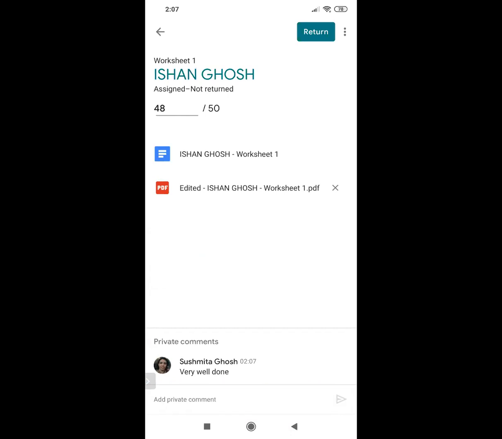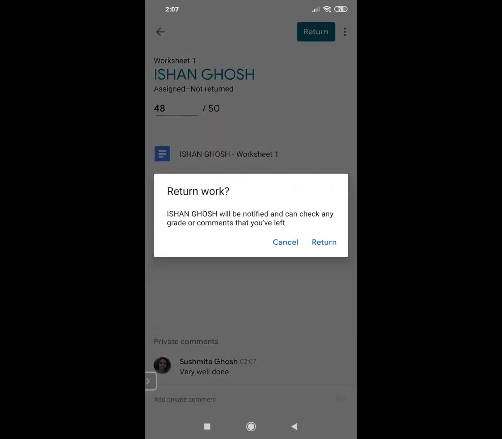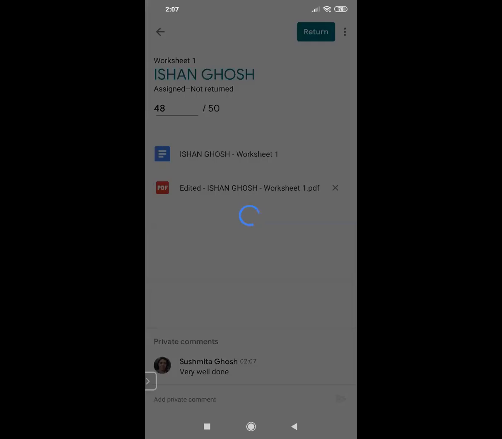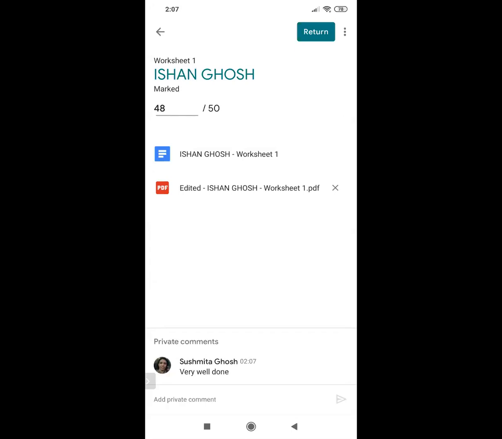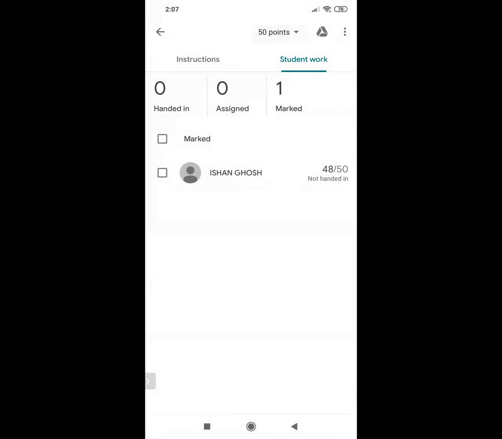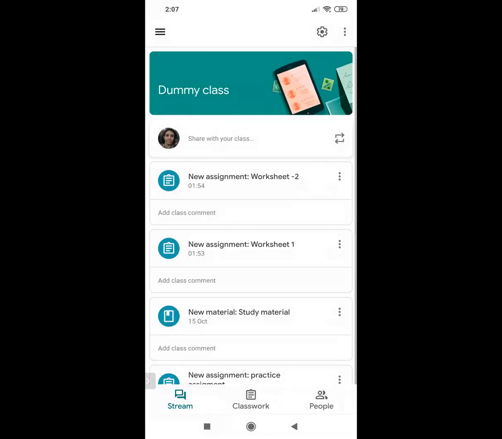You can see that return button on the top corner. Just say return, and it will be returned back to the child. Now that was one way of correcting your Word documents, I mean, any kind of text document basically.